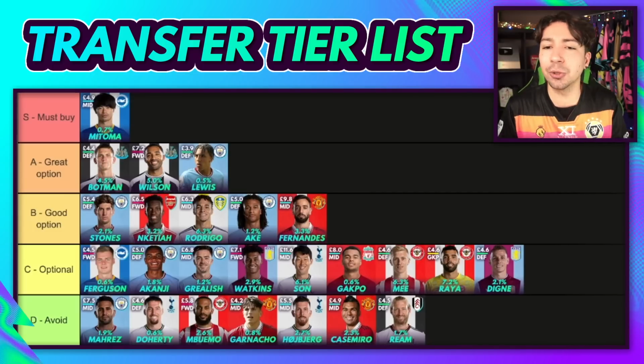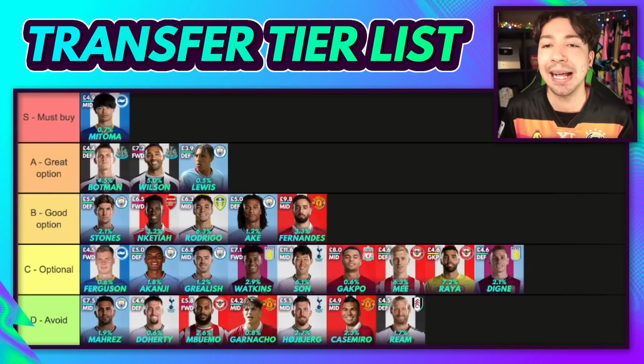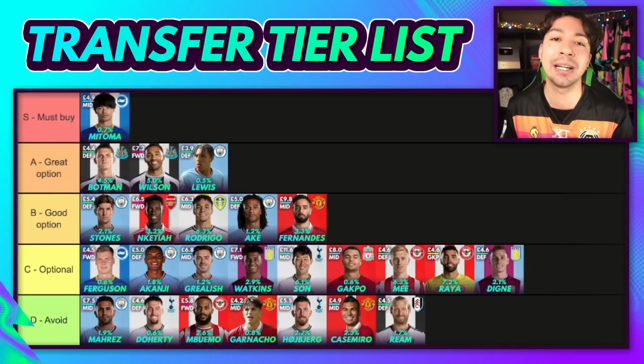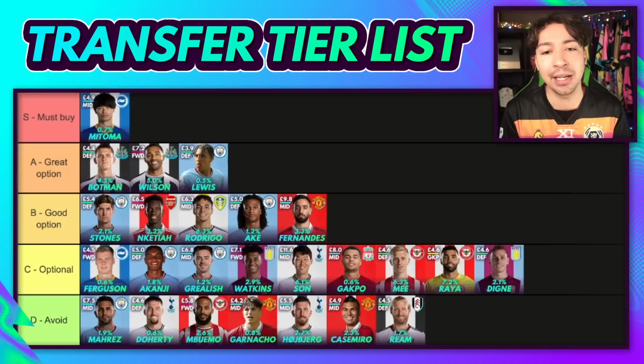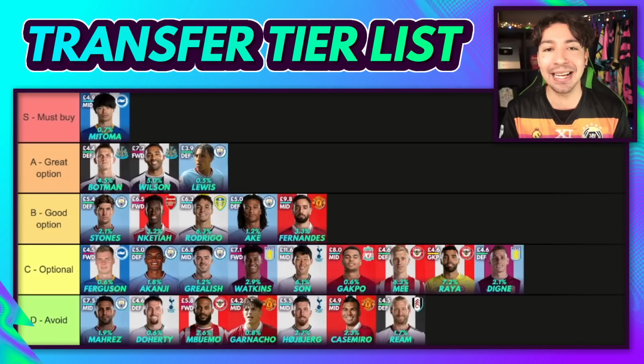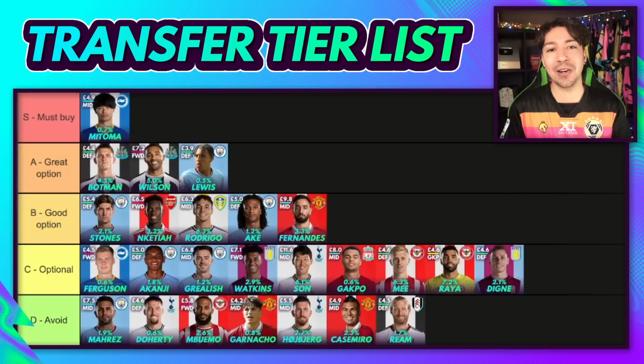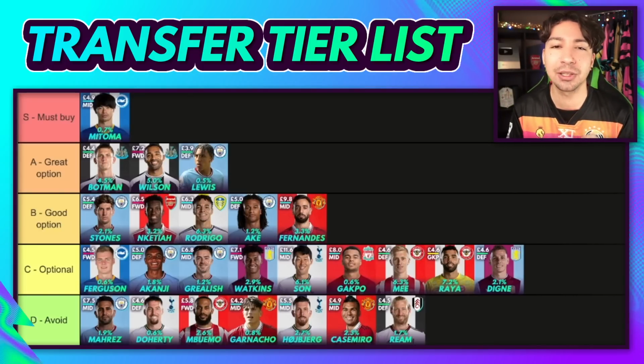When it comes to differentials, a lot of them are going to be kind of risky. Popular players are often popular for a reason, and the differential, lesser-owned players are often lesser-owned for a reason. So they all carry a certain degree of risk, but that doesn't mean we can't find a couple of hidden gems to spice up our team and maybe get a bit of an advantage over some of our mini league rivals. So there we go, guys. Let me know what you think about this tier list, or if there are any other differentials you want to talk about,